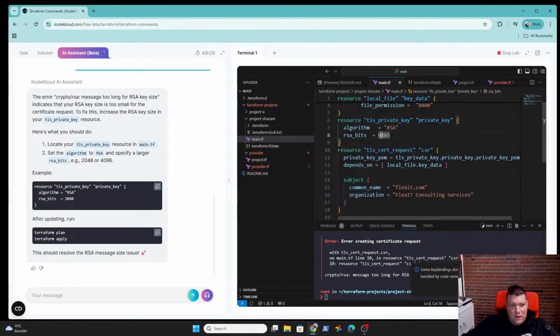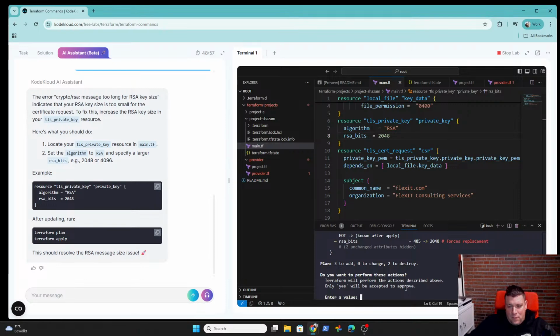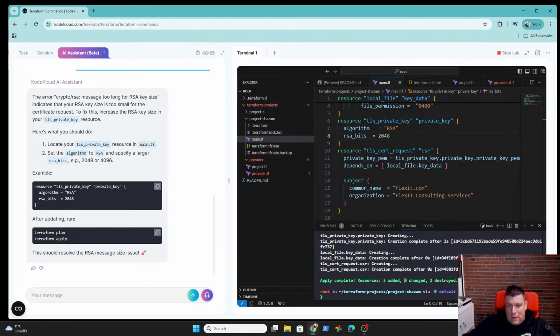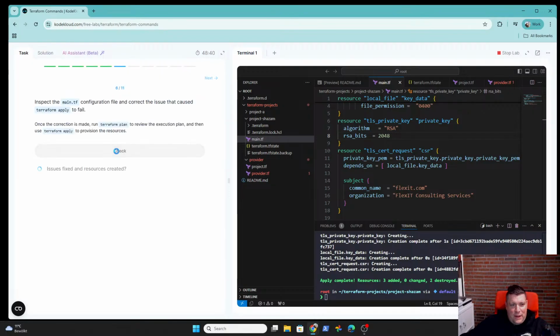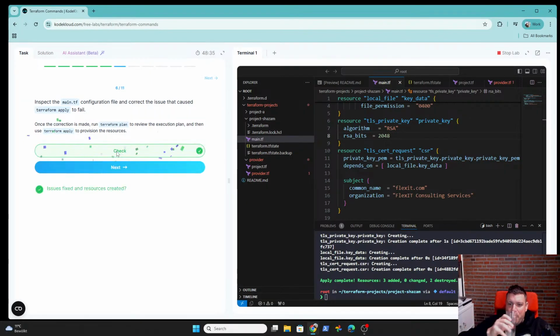CSR bits should be 2048 or 4096. Let's check again. Now it seems to be running, so I fixed it. Oh, yeah, here it also offers the solution. So if I get completely stuck, I could look at the solution. And I'm going to check it. I have to get to know more about the keys.